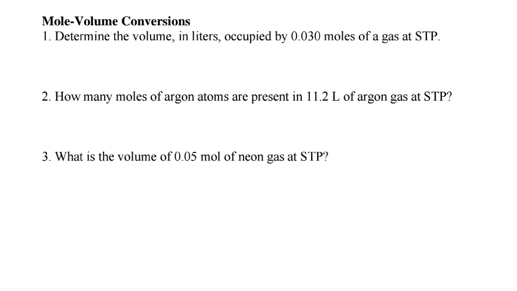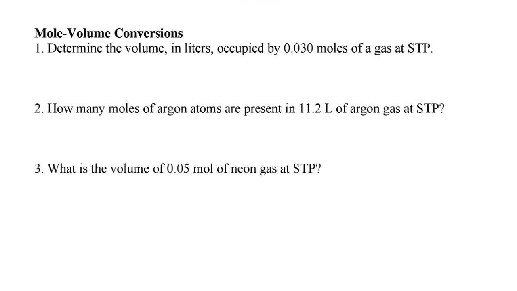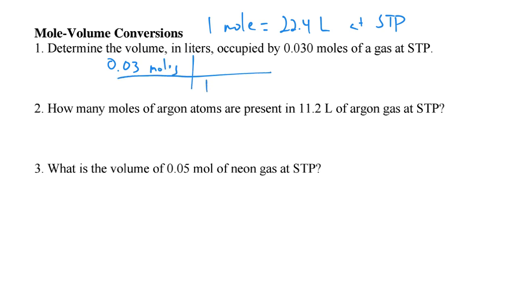All right, mole to volume conversions. So for this, we really need to know that 1 mole of a gas is always going to equal 22.4 liters at STP, which stands for standard temperature and pressure. So here, when we start with 0.03 moles, we can just put that in the top left, and then we can say 1 mole, to cancel out moles down here, is equivalent to 22.4 liters. Multiply, and we get our answer, 0.03 times 22.4 is 0.672